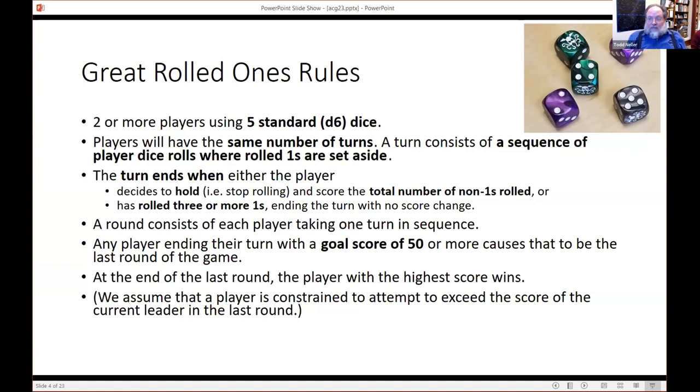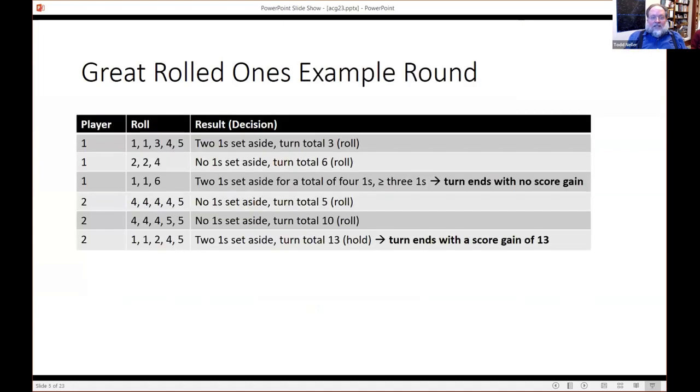Now, the rules in the book give no indication of a draw possibility. So we assume for our analysis that a player is constrained to attempt to exceed the score of the current leader in the last round. As an example, if we start out with player 1 rolling a